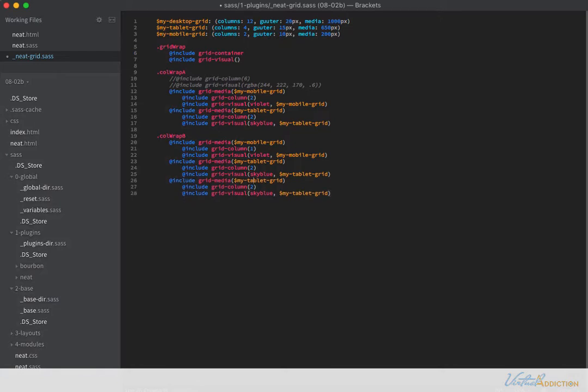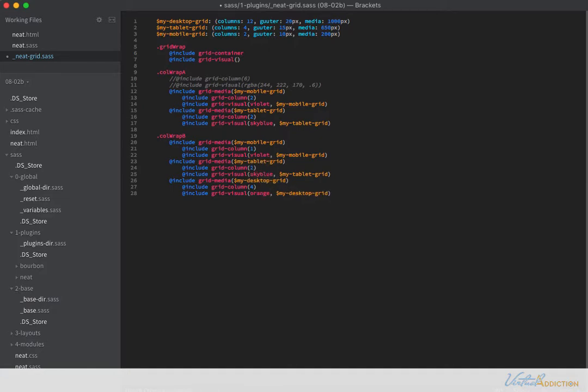So I'm going to change the grid media to my desktop grid. The desktop grid is going to kick in after 1,000 pixels. We're going to have the grid columns be 4, and this will have a color of orange